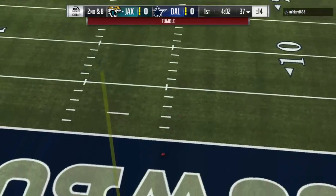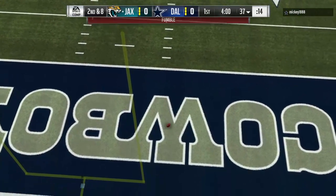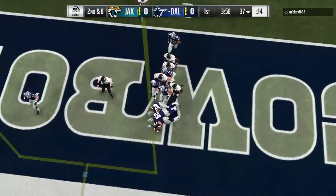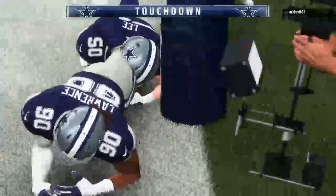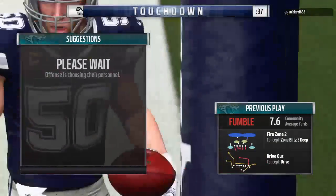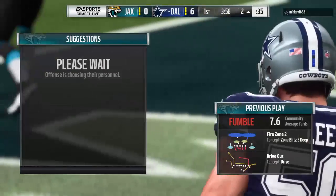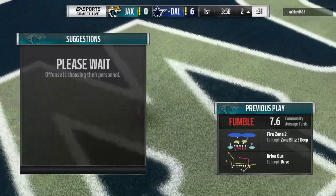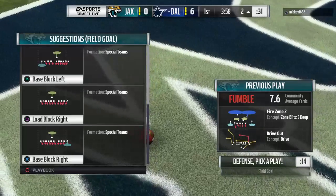Nowhere to go here. He lost the football. It's picked up by the Cowboys, and the defense has got it. Oh, a nightmare start offensively. This will be a touchdown. Once that ball was loose, the question was, would this be 2 or would it be 6? It's 6. The defense able